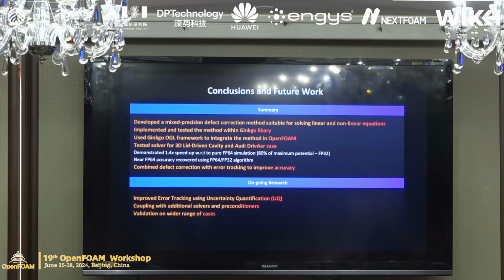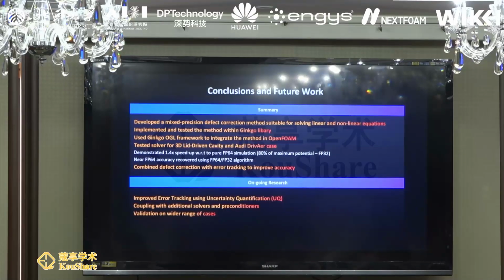We tested it for 2 different test cases, the 3D lid-driven cavity and the Audi driver case. We demonstrated 1.4x speedup with 80% efficiency compared to single precision for the lid-driven cavity case, and for both cases near FP64 accuracy recovery using the mixed precision. And as part of the implementation, there's a lot of work that's been done in terms of error tracking and rescaling to improve the accuracy and the efficiency, also how much convergence you can get for each cycle that you're doing in low precision. And now we're focusing on improving even more this error tracking using uncertainty quantification, for example,